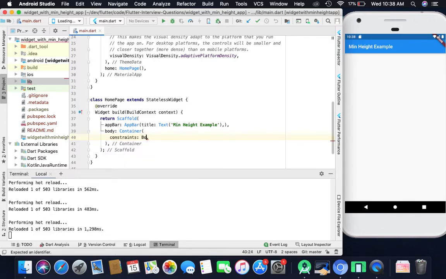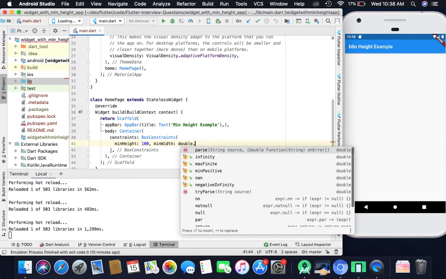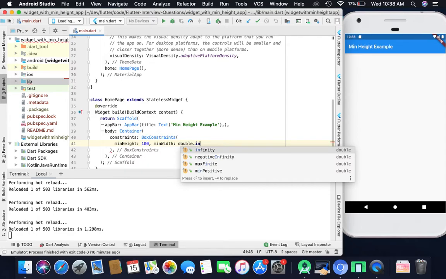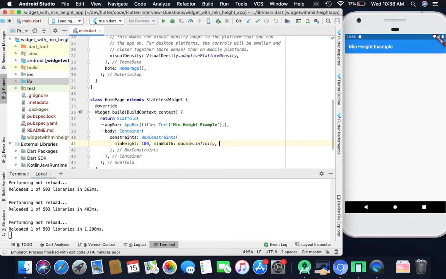BoxConstraints, and the min height will be, let's suppose, 100. Min width will be double infinity, so here we are not taking care of the width, and the max height will be 400. So the container will take only 100 as the min height, and the max height will be 400.